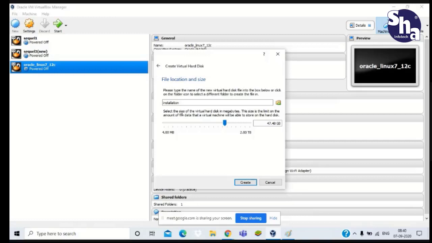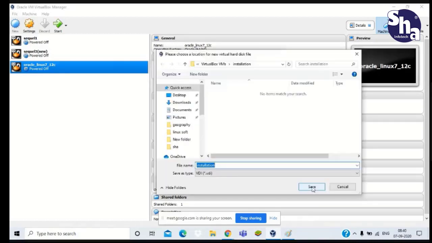So from here, click the folder icon and fix your path where you want to keep this VDI, in which local disk.